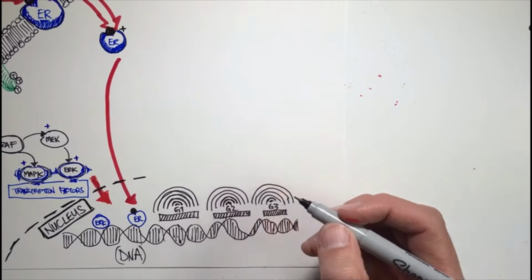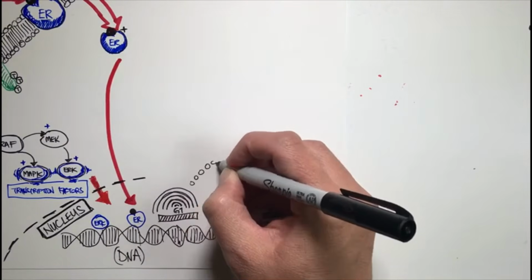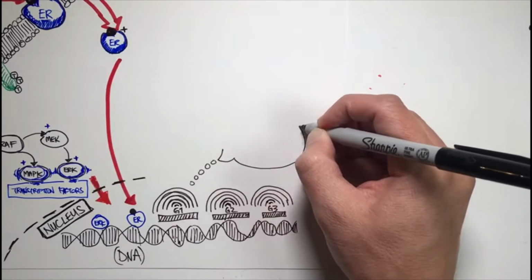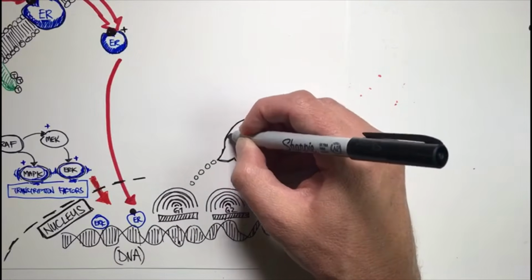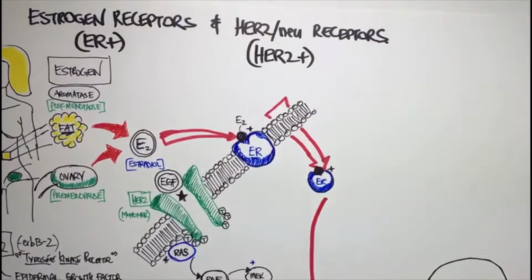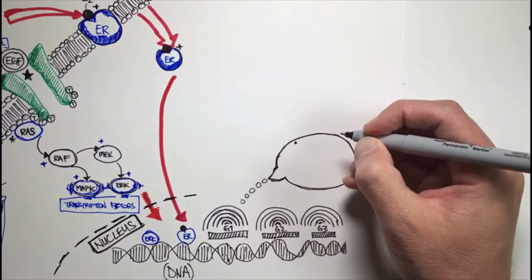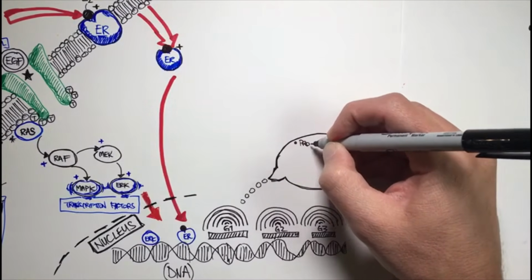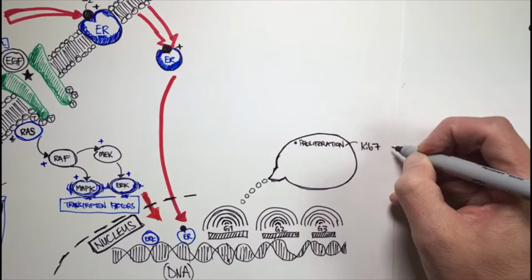And so particular genes that are designed to be influenced by these different receptors and cascades are increased in their volume of what they're saying to the cell. And so if I draw a little bubble here of what are they actually saying to the cell